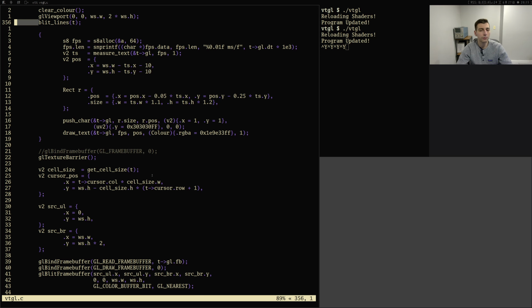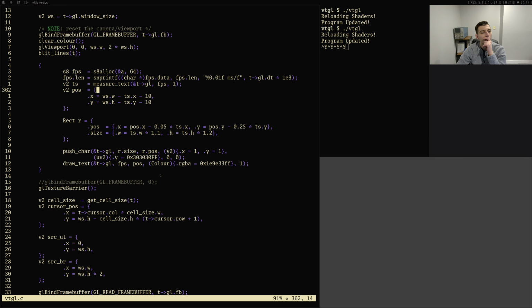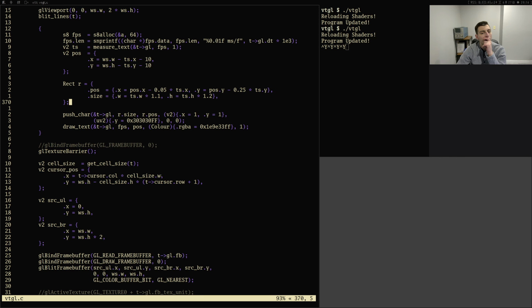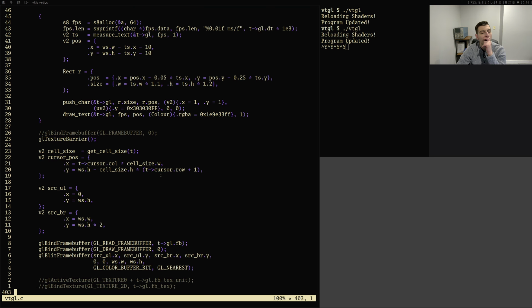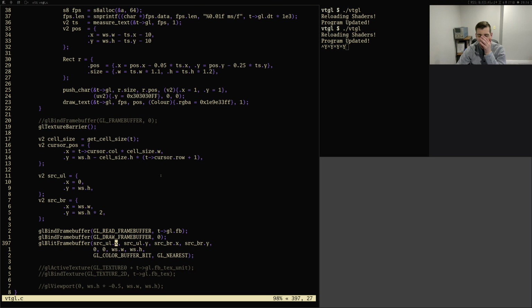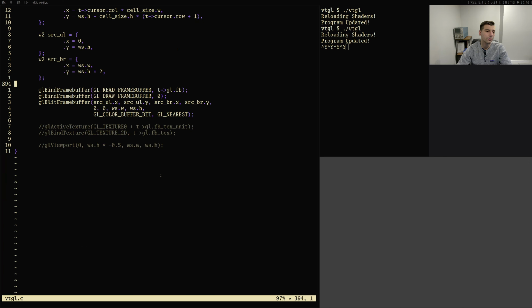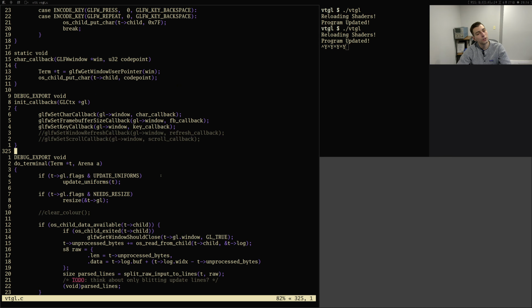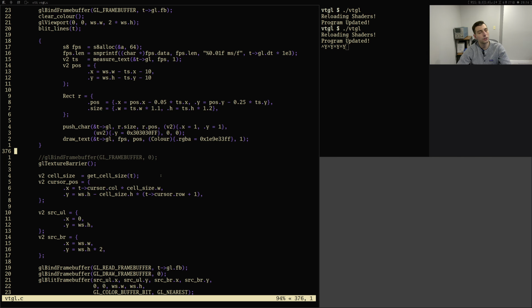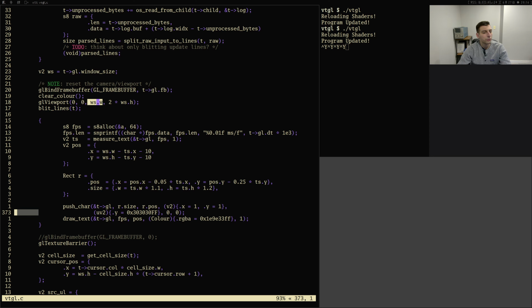Okay, so we're gonna start from 0, 0, and we're gonna go for the whole width and twice the height, because the frame buffer height is twice the height. And then we're going to